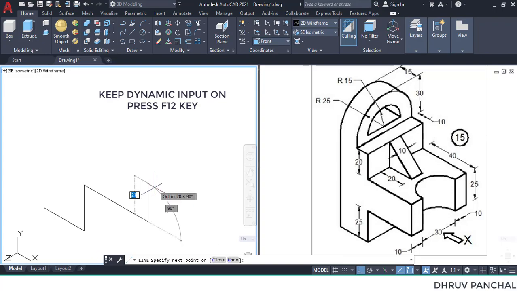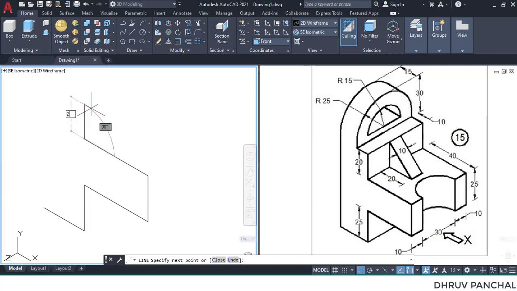As you can see from the drawing, again give the direction and give the height of the line, which is 25 millimeters. Now give the direction and give the length of the line, which is 40 millimeters. Again give the direction and give the length of the line, which is 20 millimeters.